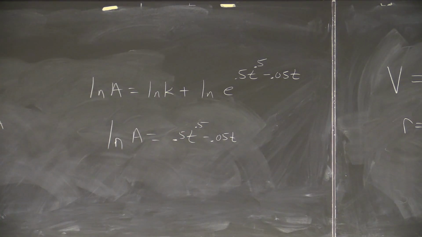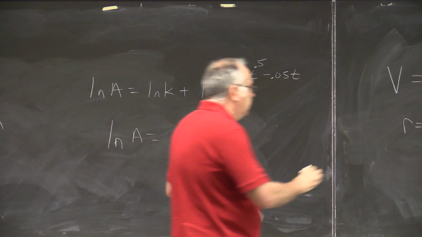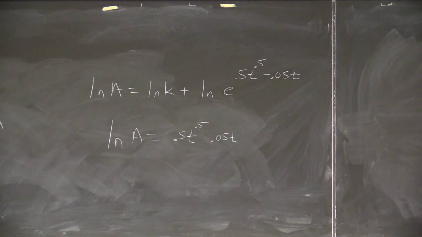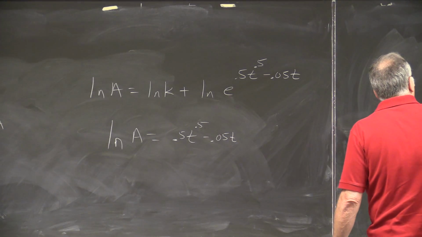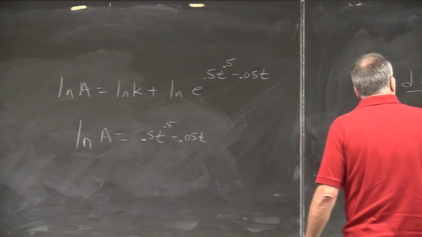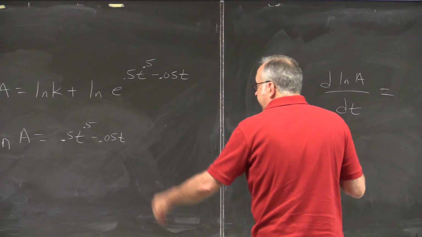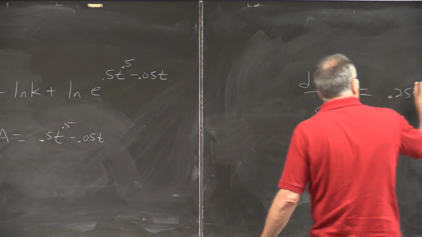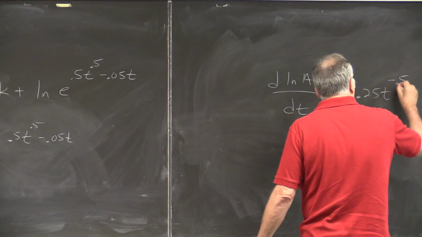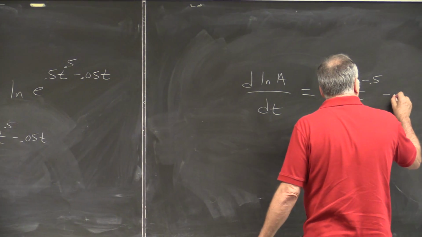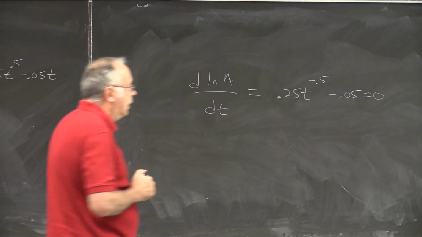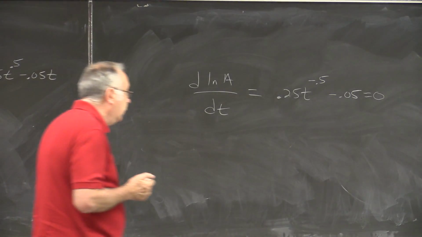Now you want to maximize log A, so take d log A dt. That would just be 0.25 t to the minus 0.5 minus 0.05. Set this equal to 0 and solve for t. And doing that, we get